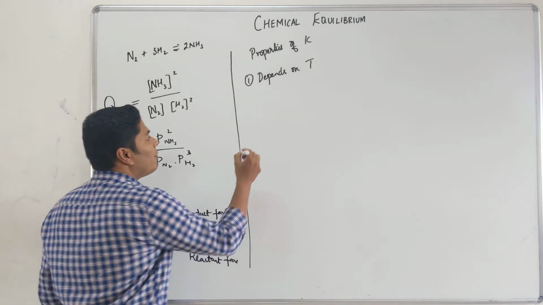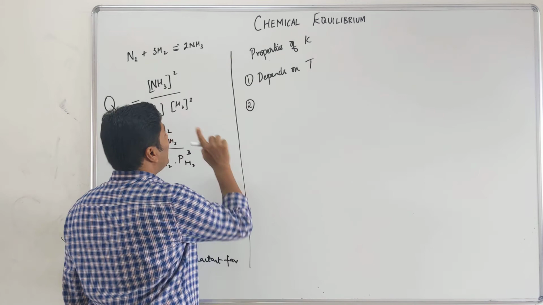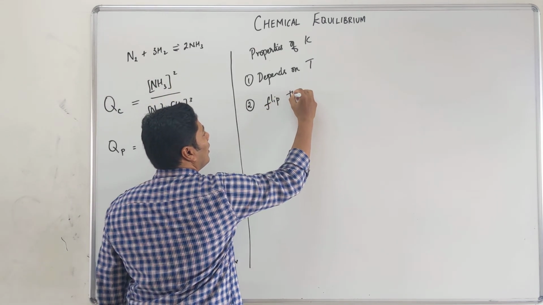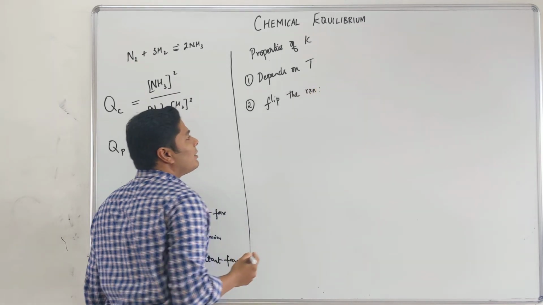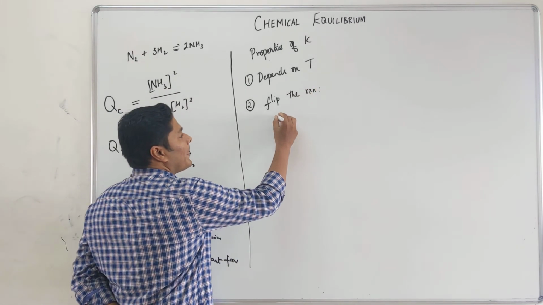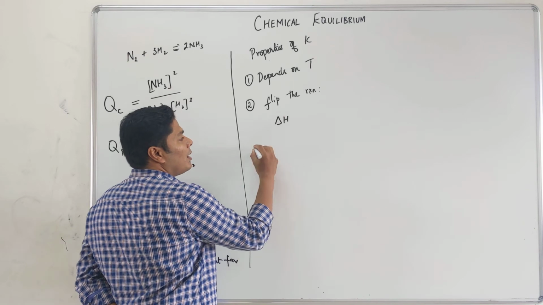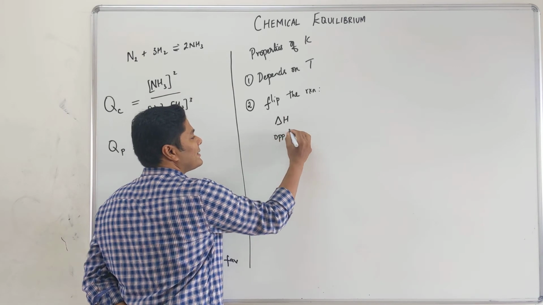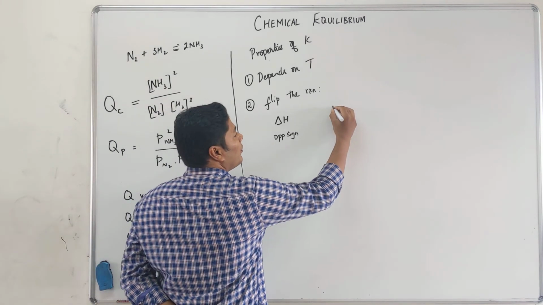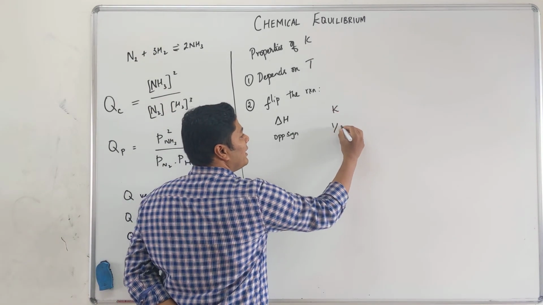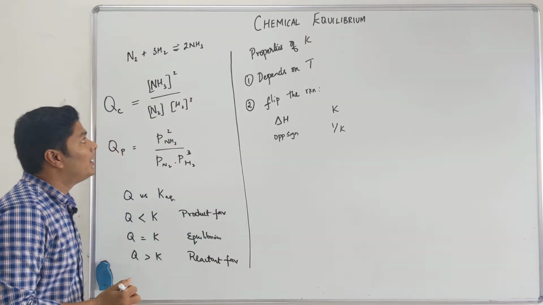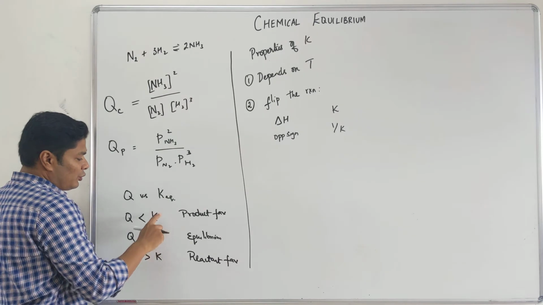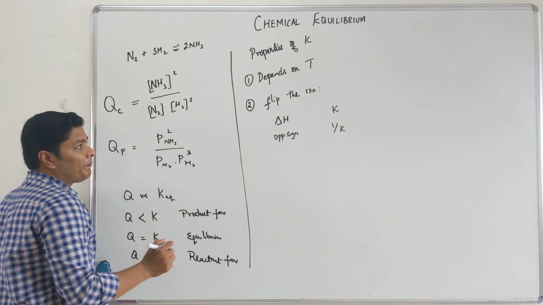Second thing we want to know, for any given reaction, if you flip the reaction. In thermodynamics what have we done? Delta H of the reaction, if you flip it, you just get the opposite sign. We saw this in Hess's law. K value will become the inverse, 1 by K. If I flip this equation, what used to be K will become 1 by K.